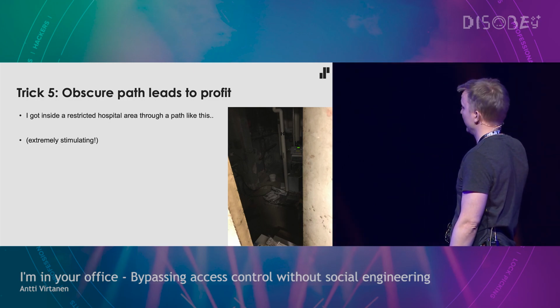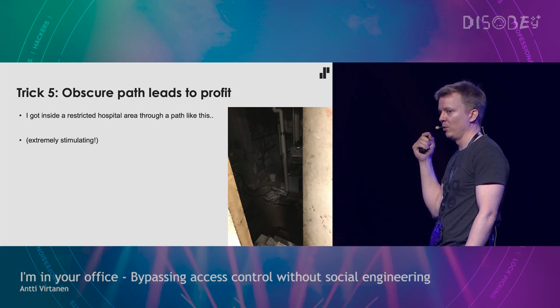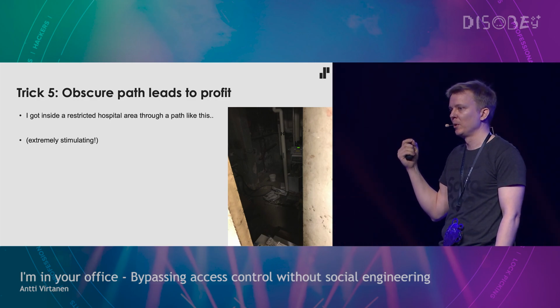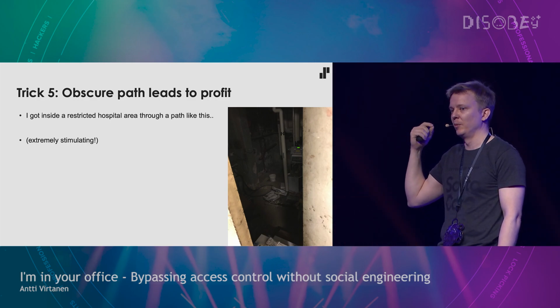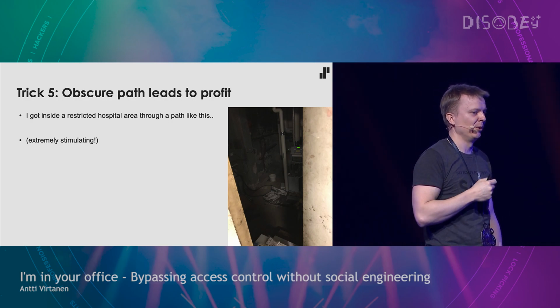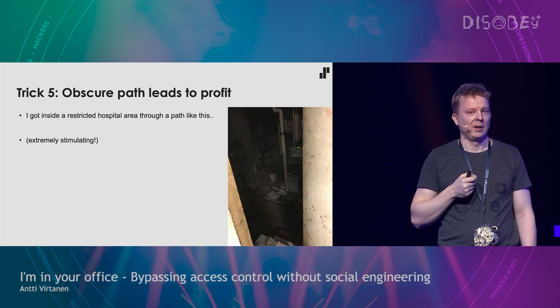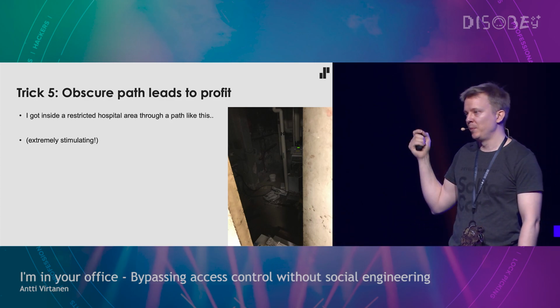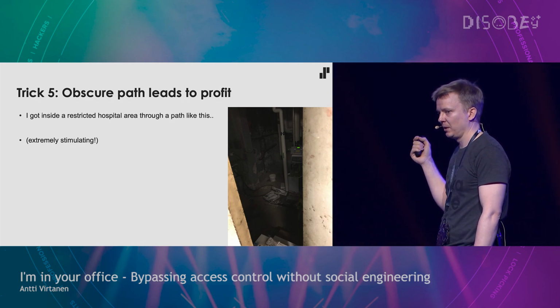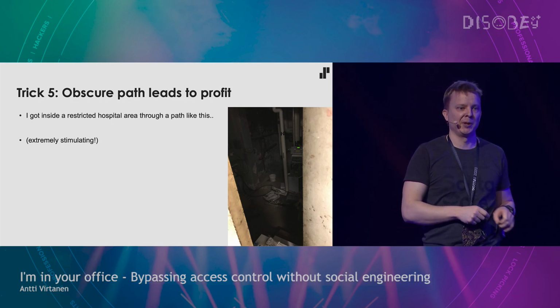Here's a boiler room. And you cannot get inside that boiler room from the main door of the boiler room. But this is the side door to the boiler room, from another room next to the boiler room. And for some reason, this is unlocked. And this boiler room is not interesting, but it was a similar boiler room which led me to a hospital